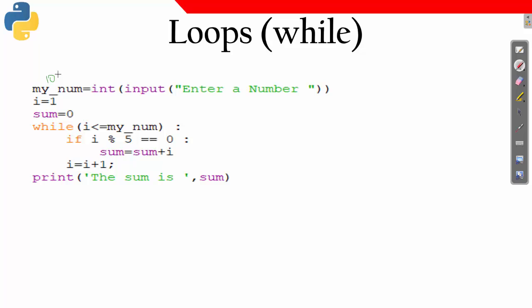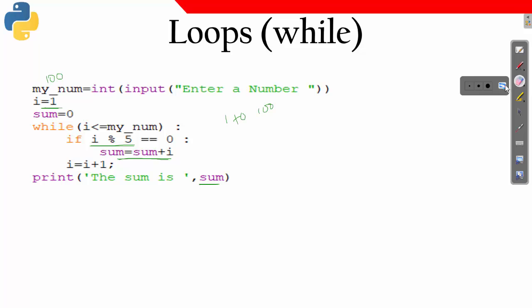Now the I is starting with the first value 1. So within 1 to 100, whatever numbers are there, those numbers which are divisible by 5, I am taking the sum of all those numbers and printing it at last. How is it happening?